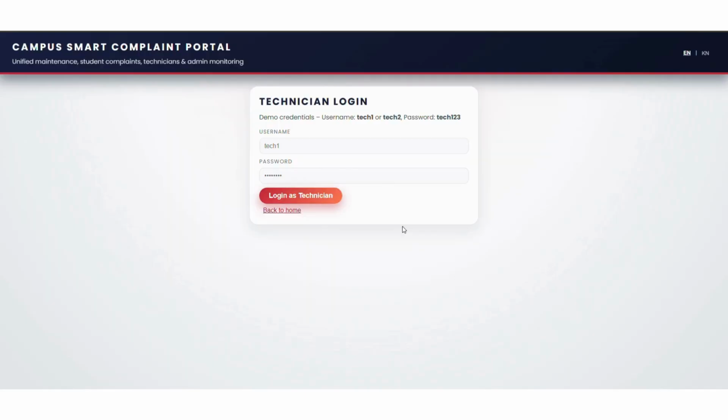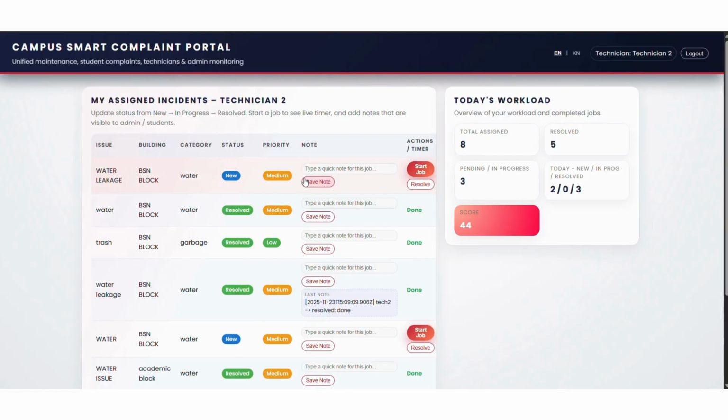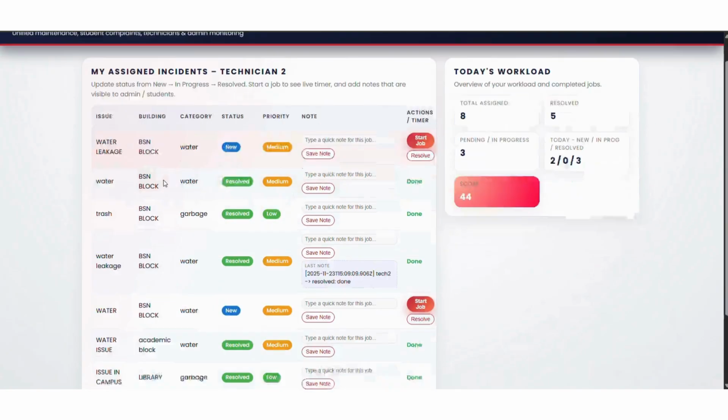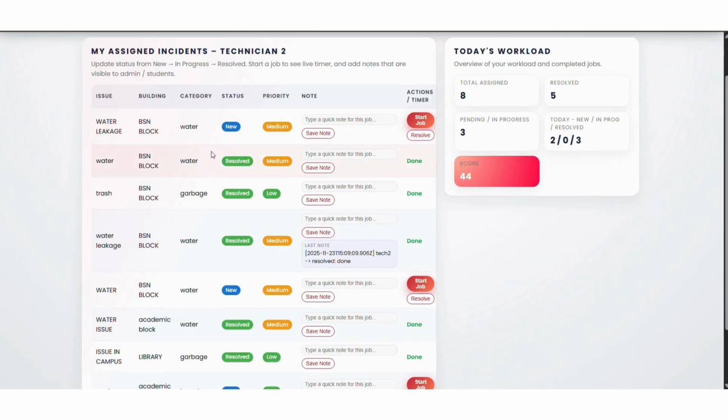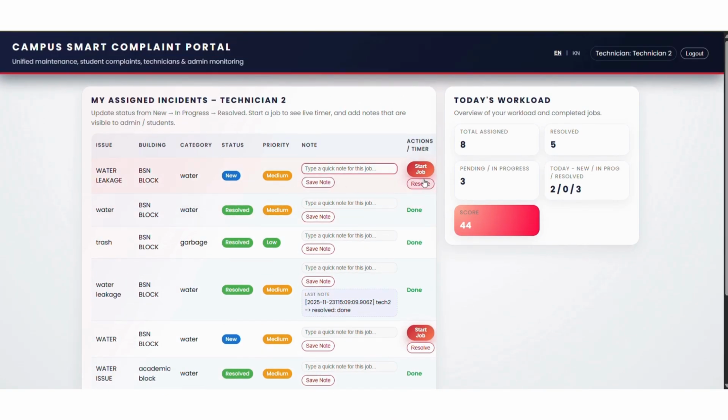Moving on from Tech 1, let's check what Tech 2 is allotted with. The same password works for Tech 2 too, though. So now we have Tech 2 assigned with the newest water leakage issue. Let's see how it runs. Here, I am starting the job,